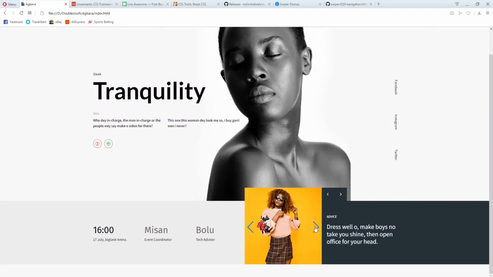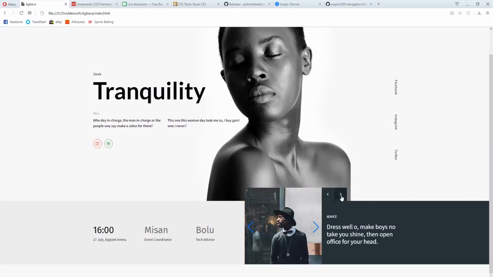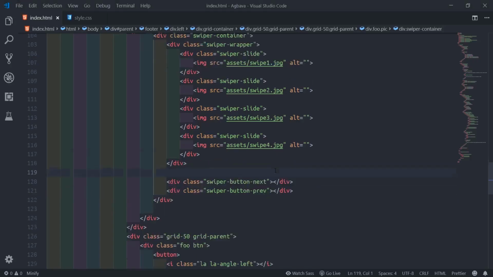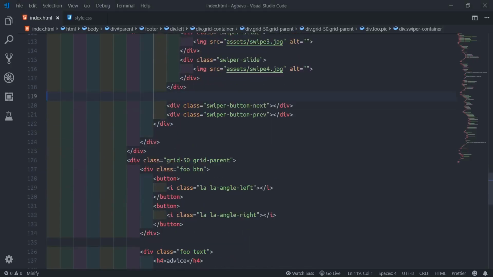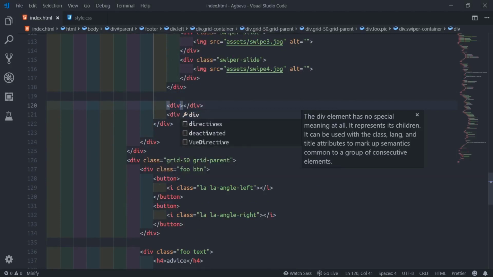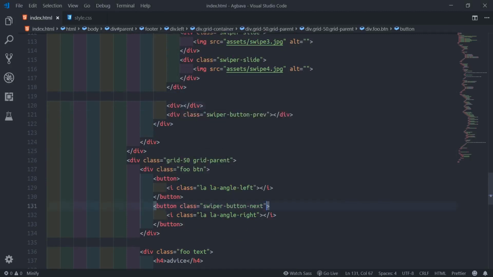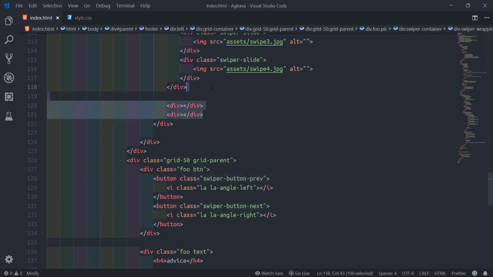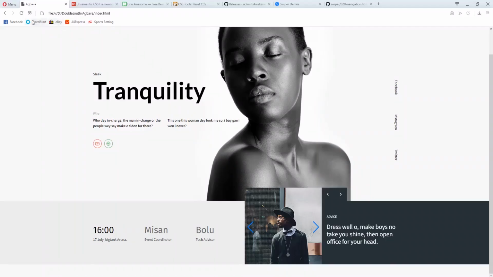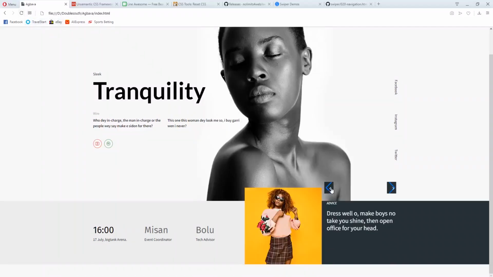Then I'll go back to my code. So you see the stuff appears here now. So meaning if we click now, the slide moves. But now you want me to affect it. So what we'll do is customize our own. This button next now, this class, we'll carry it here. We'll put it on this button, which is the next button. You see how? Then we'll carry this one, cut it and put it here, which is the previous button. We'll delete the 2 that came out. So I'll go back, I'll refresh. Now you see it all comes to this place. Meaning if we click now you see the effect.